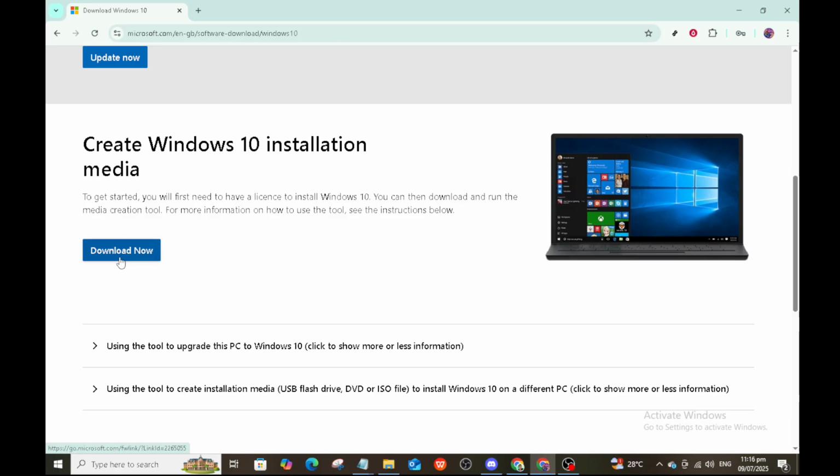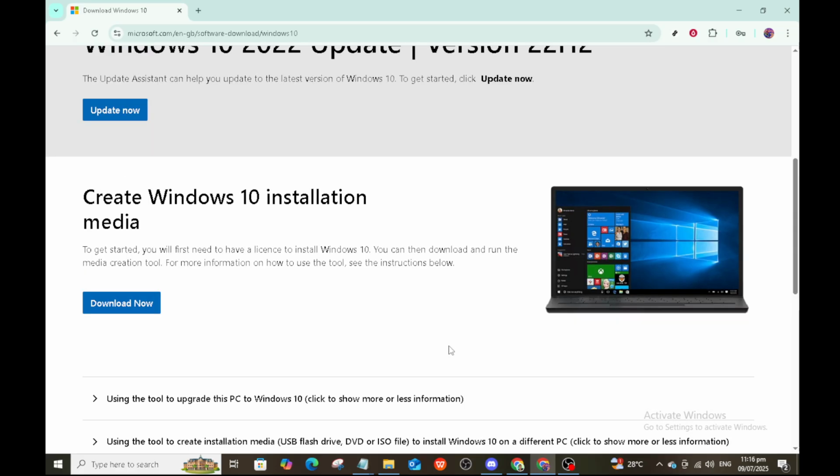You can usually find this file in your downloads folder. Locate it and double click to run the file. If you receive a user account control prompt, click yes to proceed. Next you'll be asked to accept the license terms. Read through them carefully and click accept to continue. Now select the option that says create installation media, USB flash drive, DVD or ISO file for another PC and